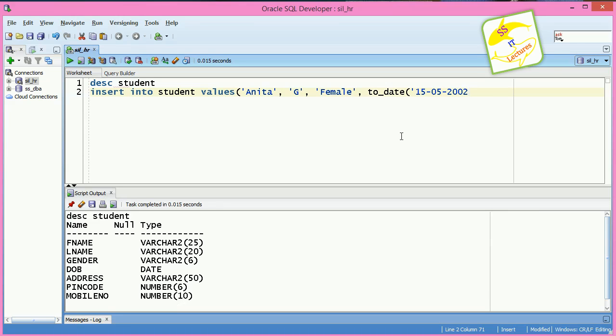Here the 15 denotes day of a month, 05 denotes month, 2002 denotes year, and the hyphen here I used is a punctuation mark. The date format that has to be entered is within single quotes DD hyphen MM hyphen YYYY, then close the bracket. So we are saying that I am entering the date value with the format DD hyphen MM hyphen YYYY, and the value is